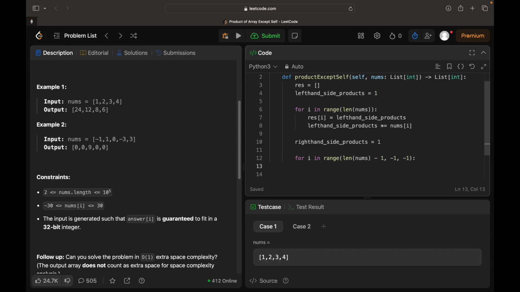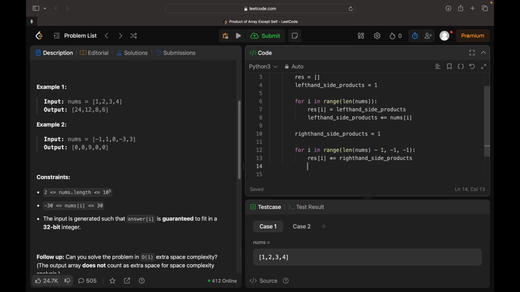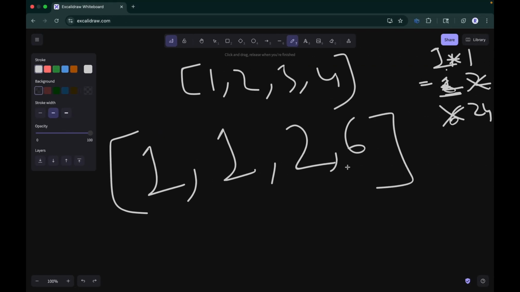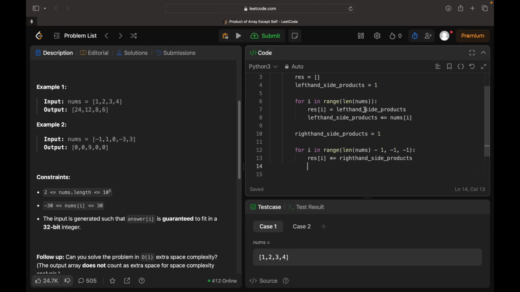And now what we can do is result at I multiplied equal to the right hand side products. So here we are just multiplying everything, right? So we have a 1 here. So what we do is 4, or actually we just take the 1 and multiply here, and then we do 4 into 1. So now the 4 is updated. So just like before, we are going to have right hand side products equal to right hand side products multiplied by the nums at I. And actually, I don't think it's going to be nums at I,